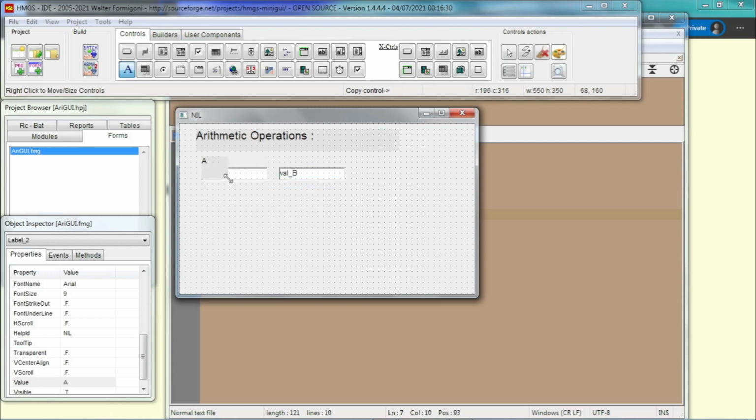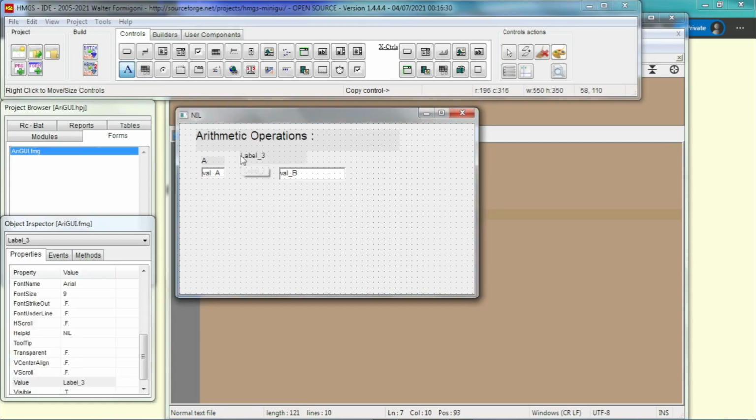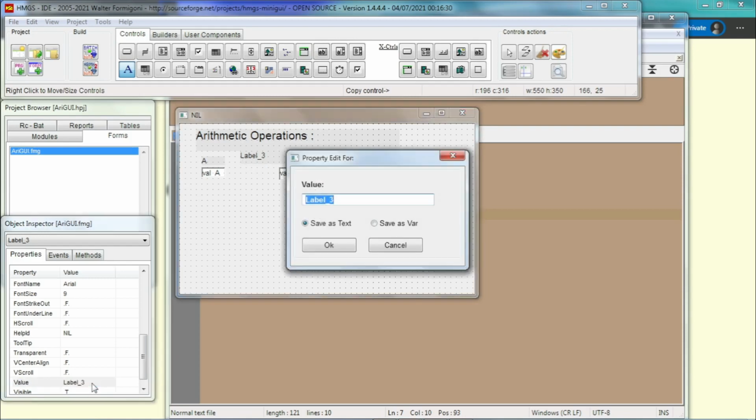And here also, right click and then click on size and then move it, make it smaller, and then click again, it will fix to the size that we wanted. Then another one, this is value B,